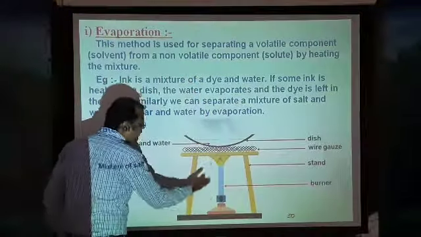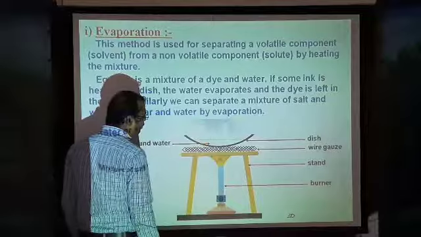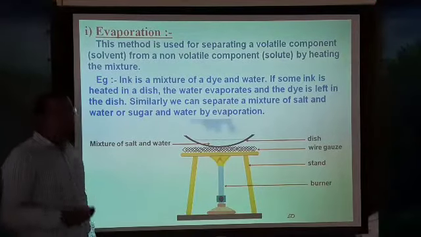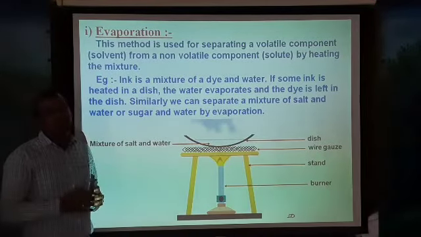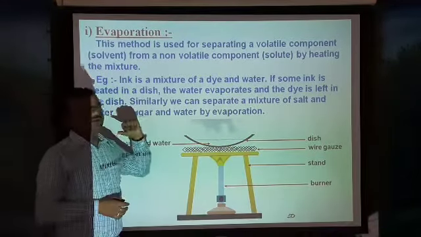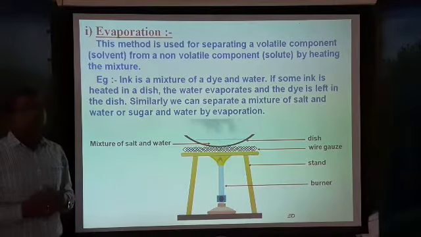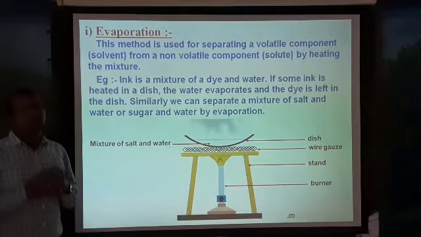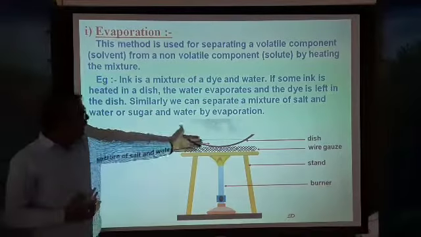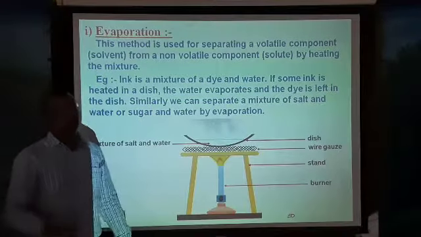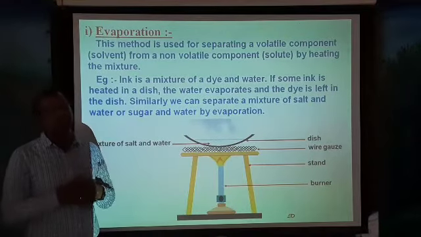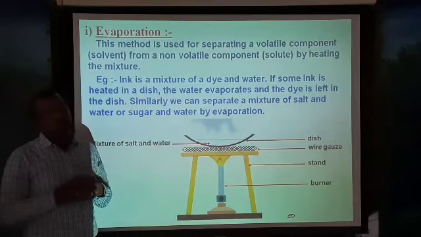When you heat this mixture containing water and salt, what happens? Whatever water is present in this evaporates. The salt remains there. By this method we can separate the components from the mixture by the heating method. This is called evaporation. What is evaporation? Evaporation is a process in which a liquid gets converted into the gaseous state. So when you heat the mixture, the water evaporates and the solids remain as they are. This is one method by which we can separate components from mixtures. Okay.